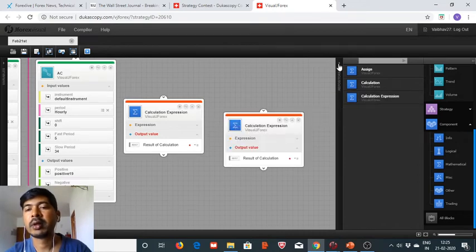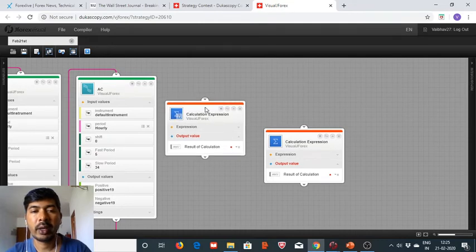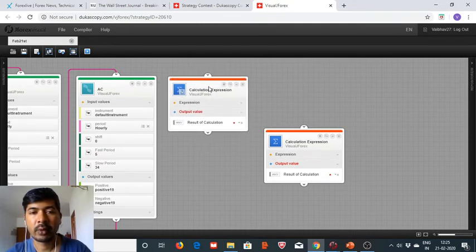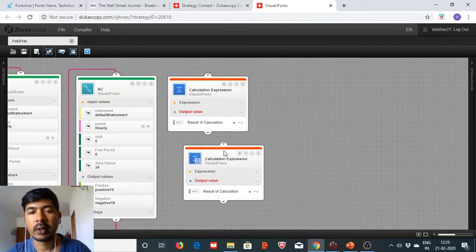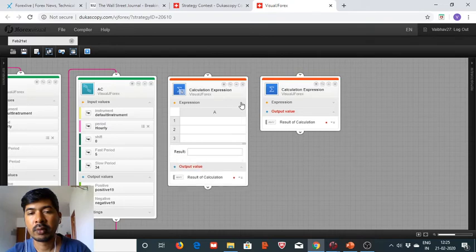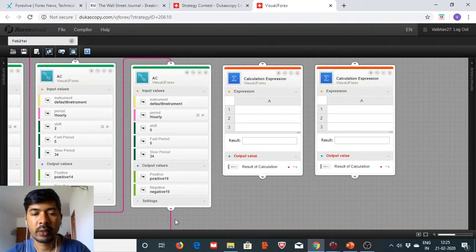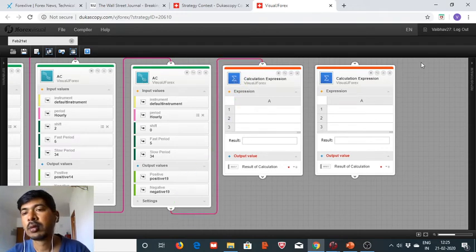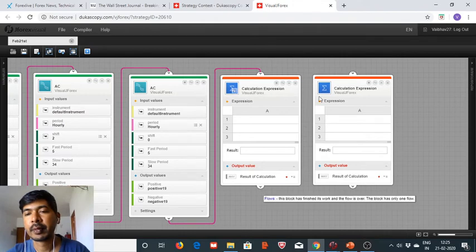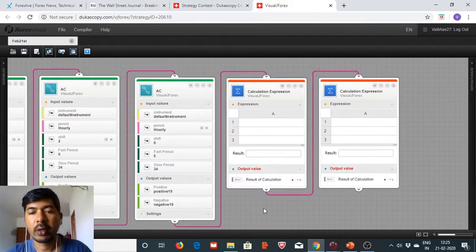One is for the validity of the order which is going to be placed, and another is to determine where the order is to be placed. So here output values, result of the calculation,